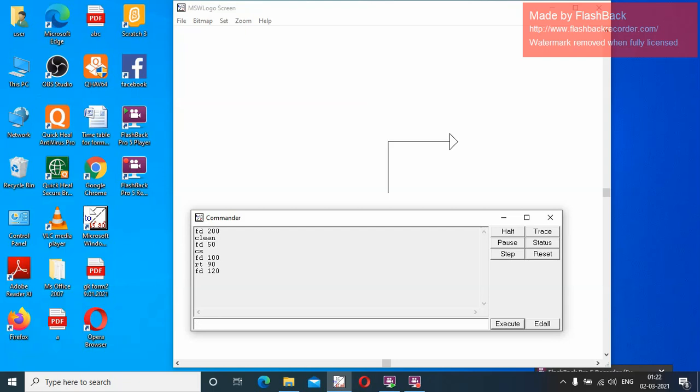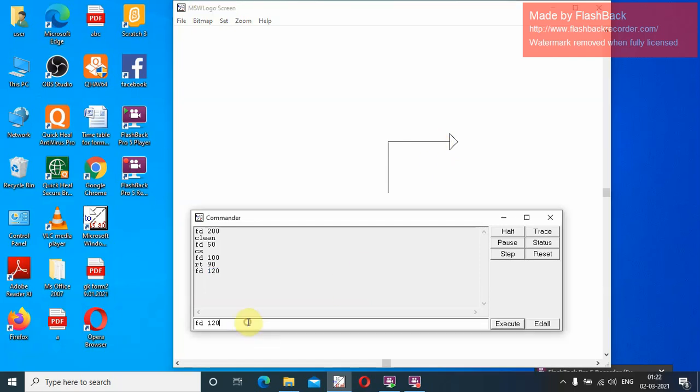Now I wanted to make a square. All four sides of a square are equal, but by mistake I have written 120 here. This horizontal line should be 100 steps, but by mistake I have made it 120. So 20 extra steps I have drawn.